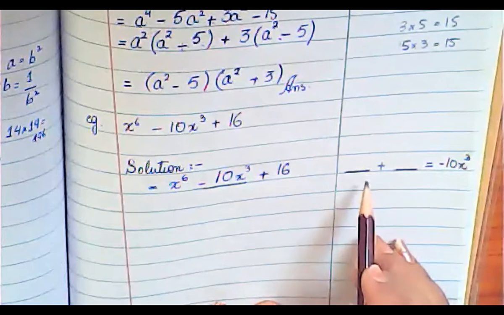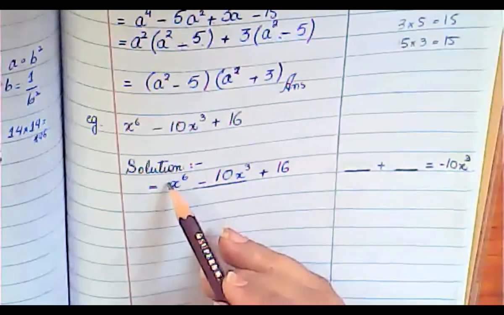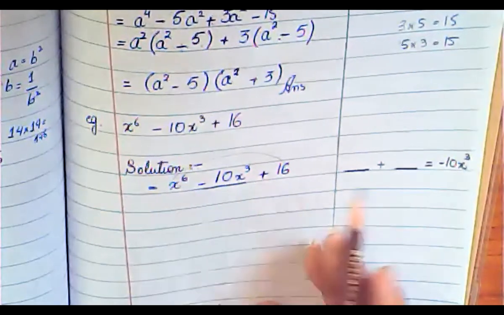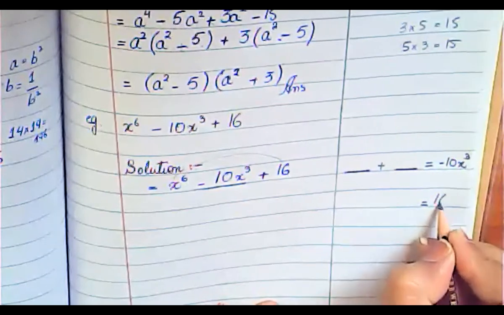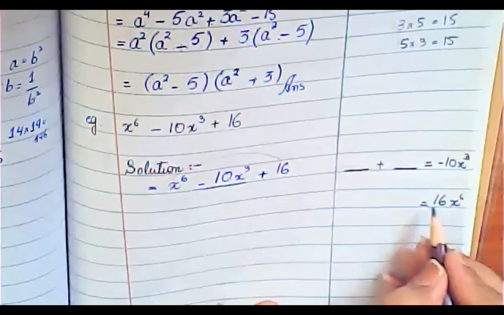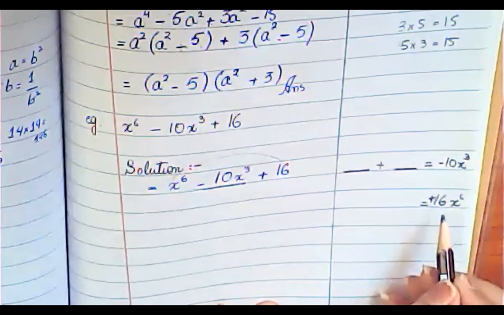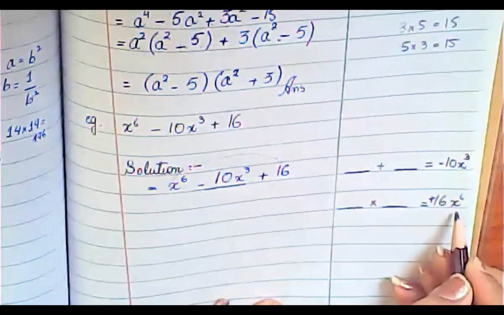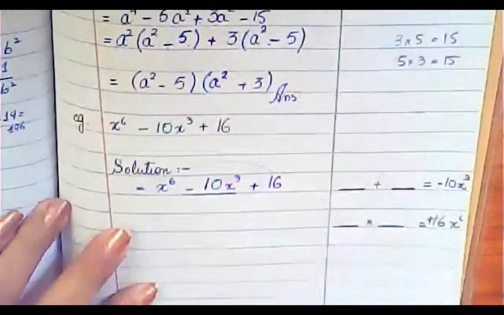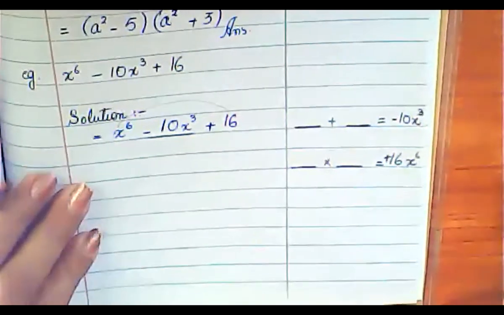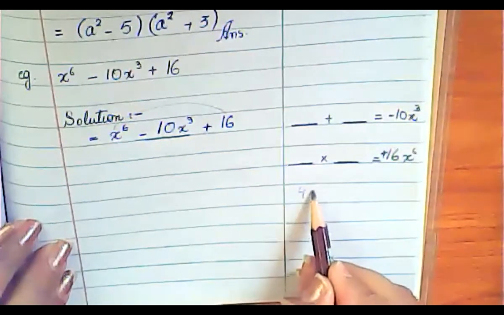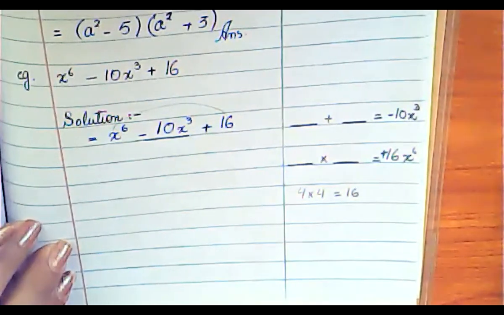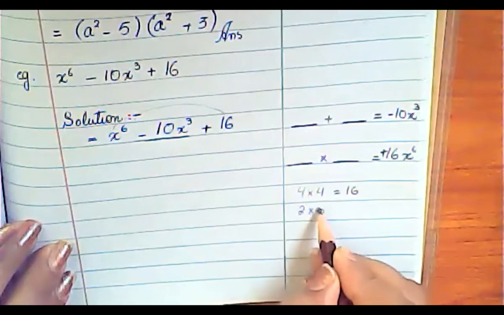Also, when you are going to multiply those terms, the answer should be equal to the product of this one. Means if you are going to multiply x6 with 16, the answer will be 16x6. Here we have plus, so we will require plus 16x6. Means when you are going to multiply these two values, the answer should be equal to 16x6. Okay, now here 16 can be broken down into multiple factors. Just suppose 4 multiplied by 4 is 16, right? 2 multiplied by 8 is 16.